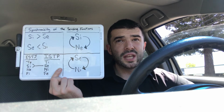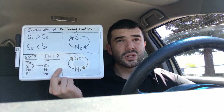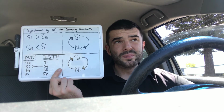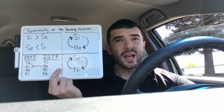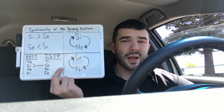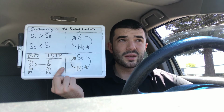Extroverted sensing is always seeking to consume introverted sensing, or etch introverted sensing, or give experiences to introverted sensing, which creates loyalty, which creates duty, which gives it a good experience, basically. It can also create tradition. This is how tradition is actually created, because extroverted sensors give an experience to introverted sensors. The introverted sensors like that experience, they remember that experience, and then they want to have repeats of that experience, so it creates traditions, little mini traditions at a micro level, and then eventually they become macro traditions, like Christmas, or